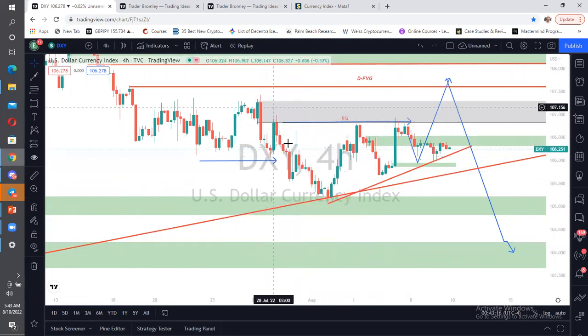So the market broke down this structure here. It pulled back to this particular order block and then came down, but it has failed to take away this particular level. If it had taken away this particular high, this one here, we could see it's a failure swing. But as you can see, the market has been playing around this place for some time.